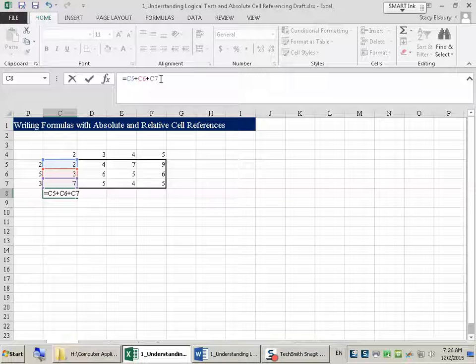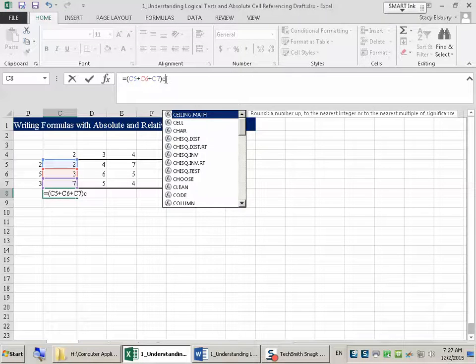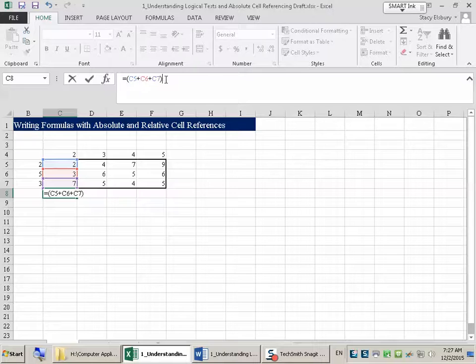And I'm going to put all of that in parentheses, because I want to divide the entire thing by C4. I do not just want to divide